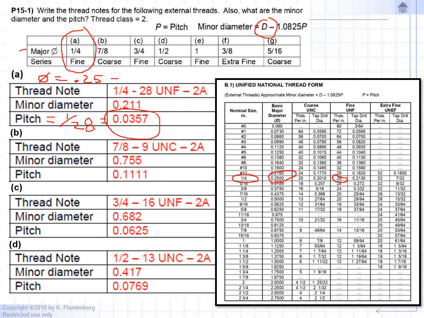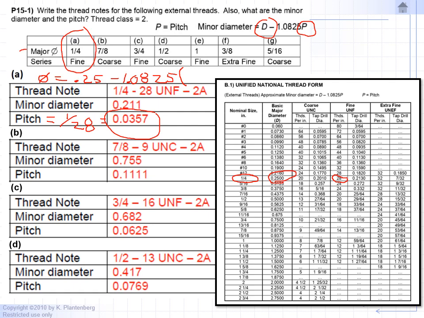And we're going to subtract 1.0825. And we're going to multiply it times our pitch. Okay, so the pitch we already know is 1/28